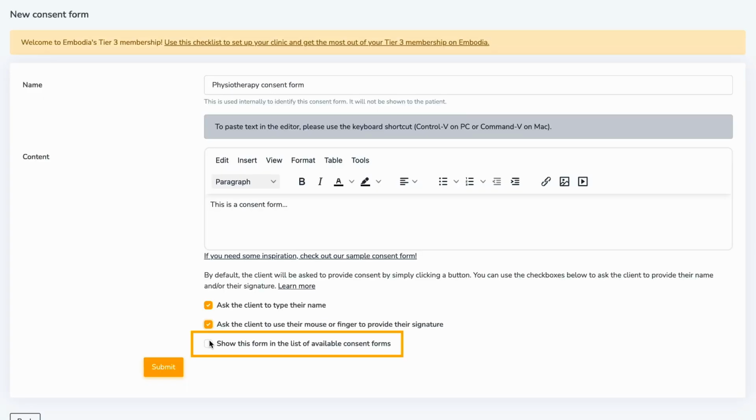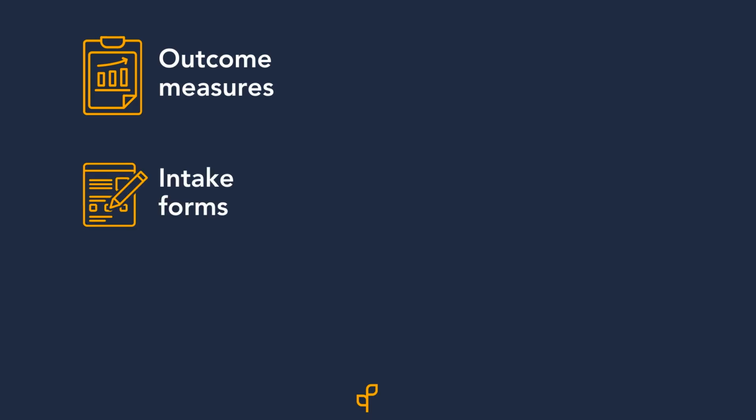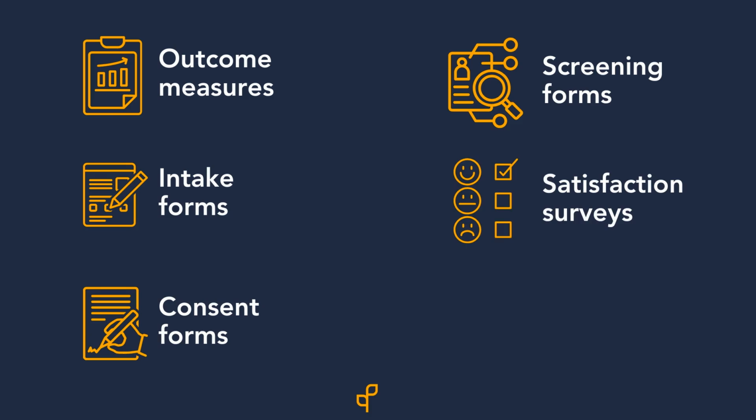When you have completed your consent form, click Show this form in the list of available consent forms. Then click Submit. If you want additional flexibility for your consent form, or if you have multiple consent forms that should go out with any one of your services, you can set up any additional consent forms using the Questionnaires feature on Embodia. You can use Questionnaires to create outcome measures, intake forms, consent forms, screening forms, satisfaction surveys, diaries,